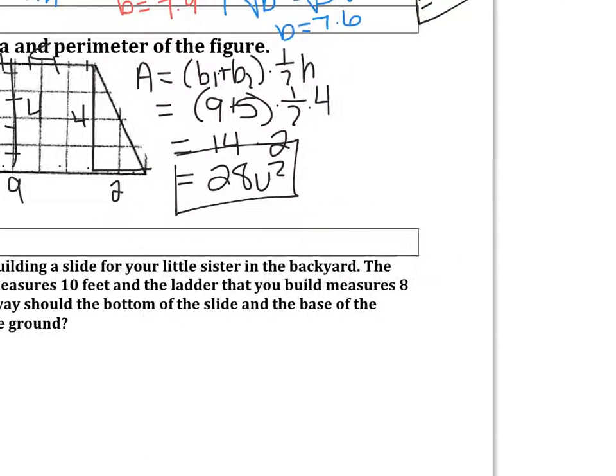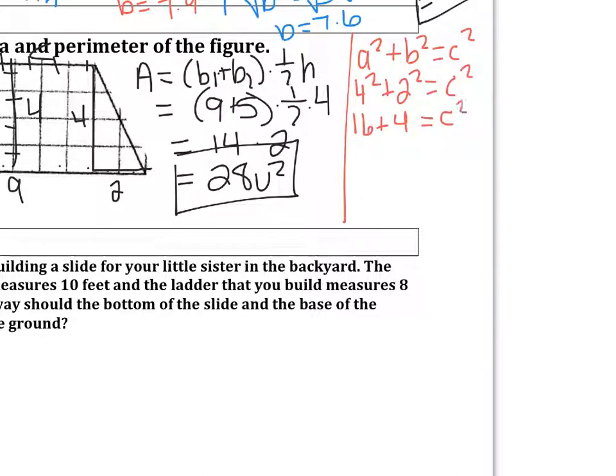So what I'm going to do over here, we're just focused on that right triangle, and we'll use a squared plus b squared equals c squared, and we'll fill in both of our legs. So we have 4 squared plus 2 squared, and we're looking for the c value. So that'll end up being 16 plus 4 equal to c squared, which is 20. Then to solve, to undo the squaring, again I have to take the square root. So I would end up finding that c is equal to about 4.5 units. So now, to find perimeter,